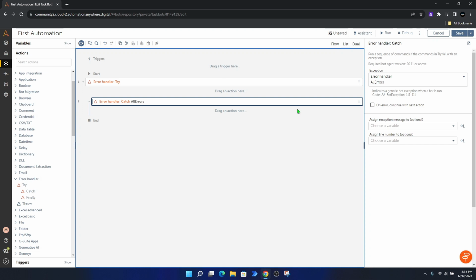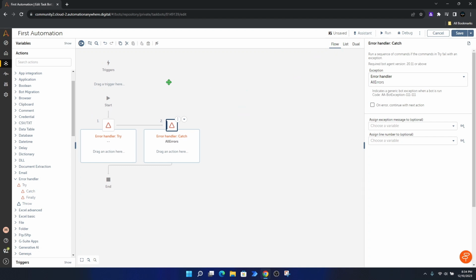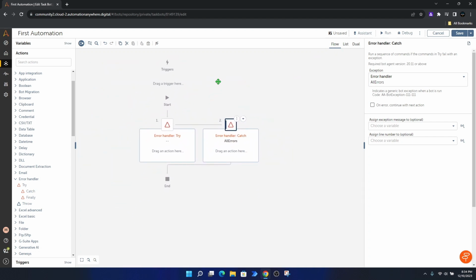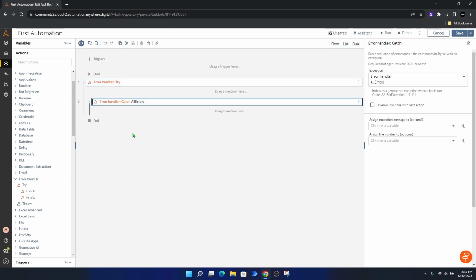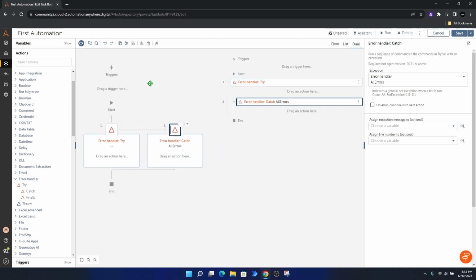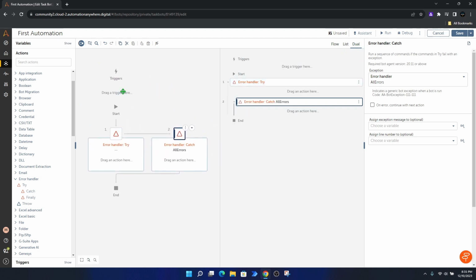Okay, but before we add another action here, I want to show you that you can change your view from your main area here to flow. Then you have a flow chart, or you can choose list as we have seen before, or you can go and watch this as a dual. So on the left side we have the flow, and on the right side we have the list view. Okay, but now let's switch back to the list view